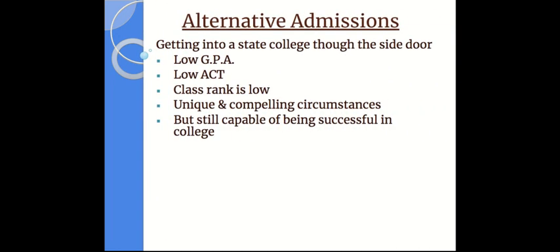This is just real quick. There is something known as alternative admissions. So if there is a college that you really want to get into and your student did not get in, you can always talk to admissions to find out if they have any alternative programs for students that maybe don't get in because their GPA is too low or something.